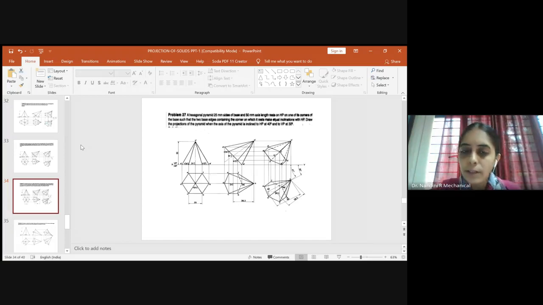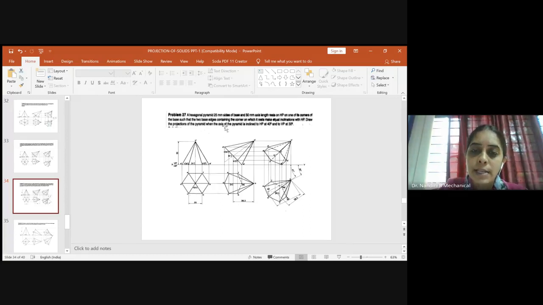Okay, so now you know that this is the true shape. How does it look like? You have to show the corner here towards your right and not the edge. So how do you construct in this case? You will just draw a horizontal line. Leave some space below the XY line. Don't start very near to the XY line because you need to construct the entire hexagon. So leave enough space below the XY line and then draw the horizontal line. Once you draw the horizontal line, see what is the side of the given pyramid. It is 25 mm.